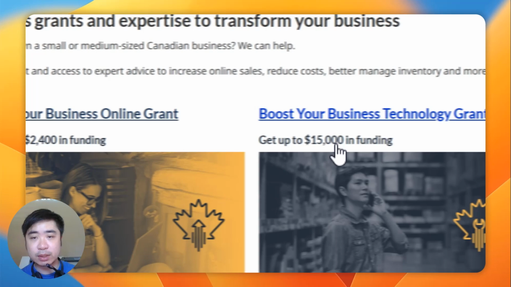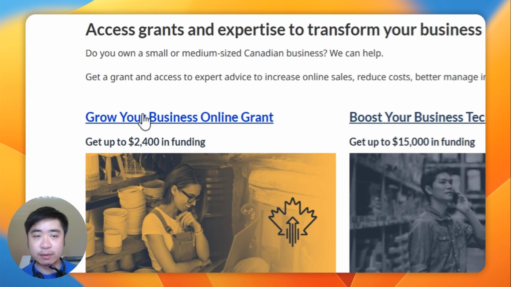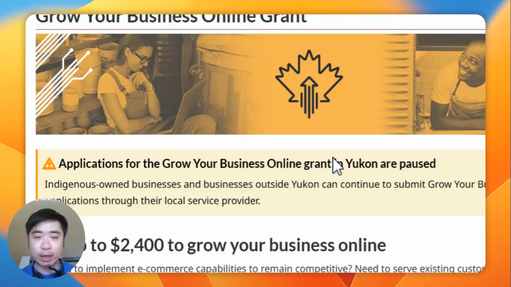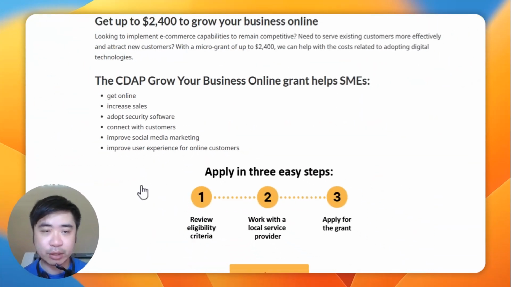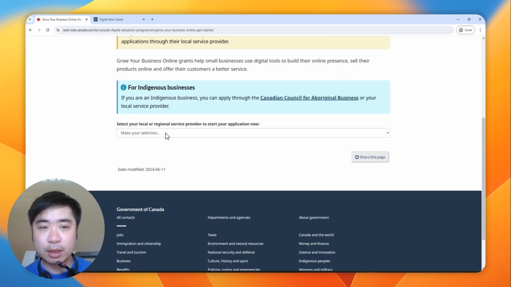there's two programs. One is a loan that you need to pay back, and the other you don't need to pay back. Let's go with the $2,400 one. This is the one that we are going to talk about today, the one that you don't need to pay back. Basically, go for apply now,